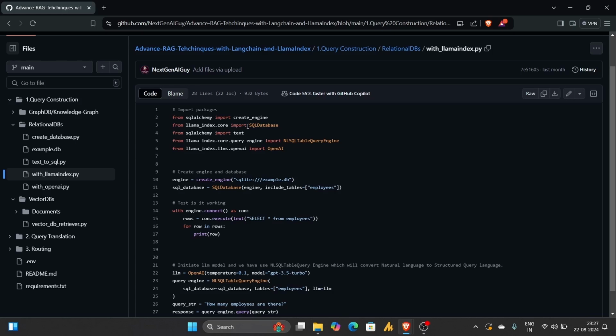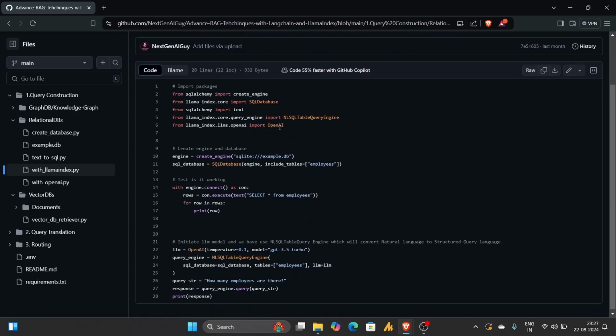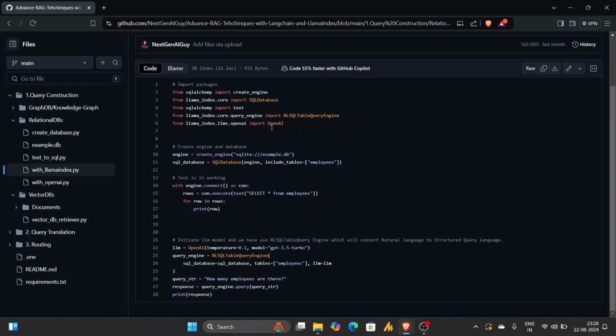Here we are importing the SQL database from llama_index.core. Next we are importing text from SQLAlchemy. After that we are importing the natural language SQL table query engine from llama_index.core.query_engine, which will allow us to convert natural language into a SQL query. After that we are importing OpenAI from LlamaIndex. So in this project we are going to use the OpenAI model to convert the user query into a structured